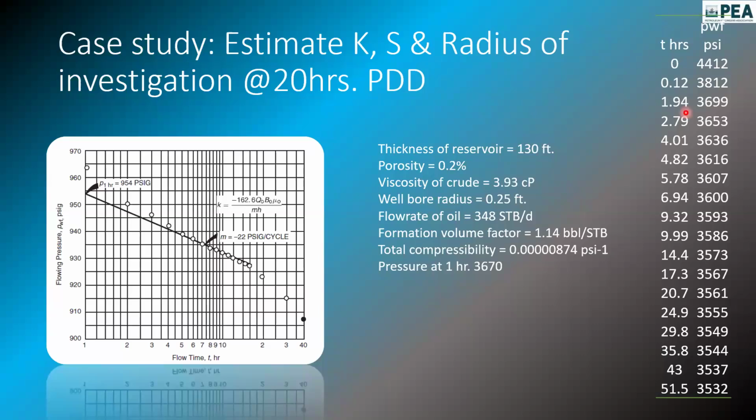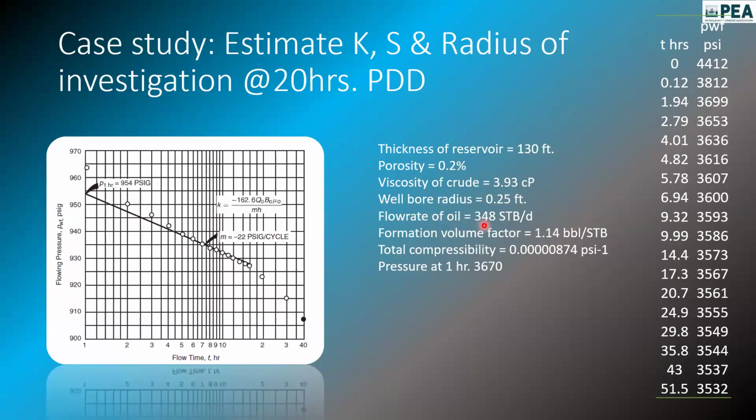So when you see this data, first of all we need to know whether it is a build-up test, drawdown test, or random pressures were given. First of all, we need to get that idea, the trend we have to follow. So the pressure has been reducing, which we can observe here. Thickness of the reservoir is 130 feet, porosity 0.2, which means 20% porosity. The value to use is 0.2, not the percentage. Viscosity of crude is 3.93 centipoise, wellbore radius 0.25 feet,